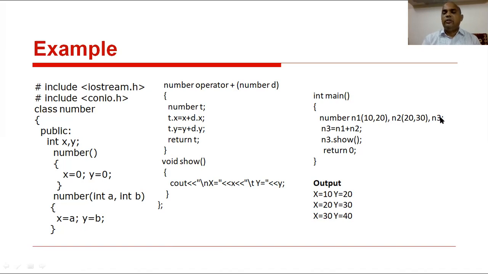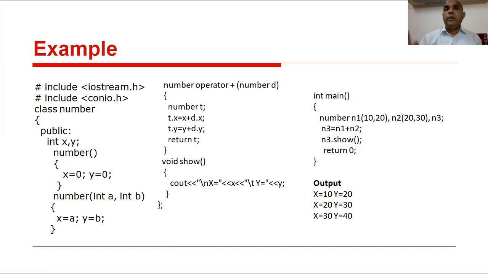Next, n3 is empty. n3 is another object, that is the third object. At the creation time, the default constructor member function will execute. Now x equal to 0 and y equal to 0. Those values are contained in the n3 object. Clear? The n3 object. Come here, where n3 equal to, like c equal to a plus b means,